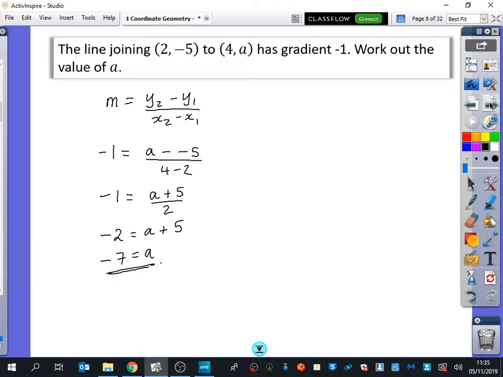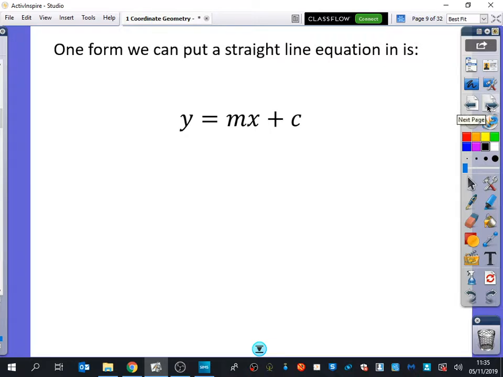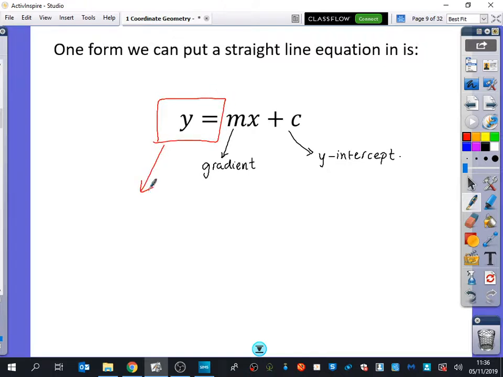This next slide is just for us to discuss some things from GCSE. So here I've said one form we can put a straight line equation in is y equals mx plus c. This is a very useful form because very quickly we can find out what the value of the gradient is, and very quickly we can find the value of the y-intercept. However, you must be very careful because the left-hand side must be y equals